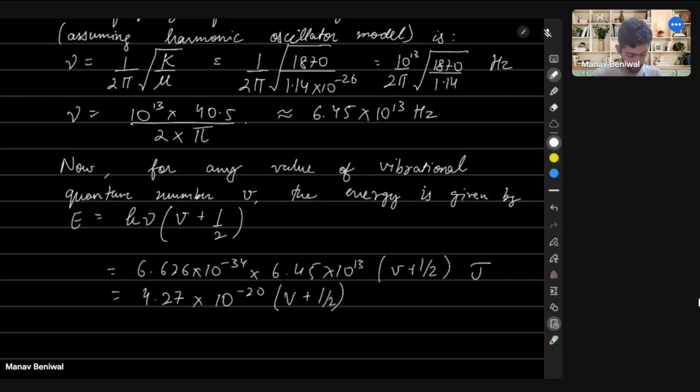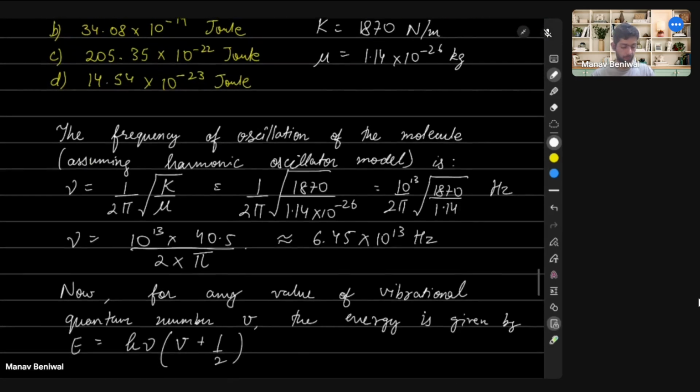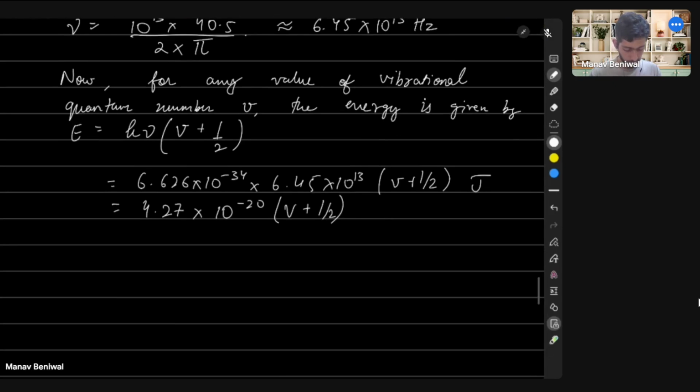Now we are asked about V equal to 2. So for V equal to 2, E2 will become 4.27 × 10 to the minus 20, and multiply this by 2 plus half, which is 2.5. So into 2.5, and this becomes